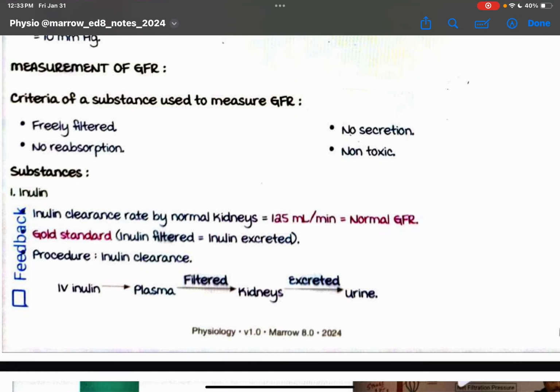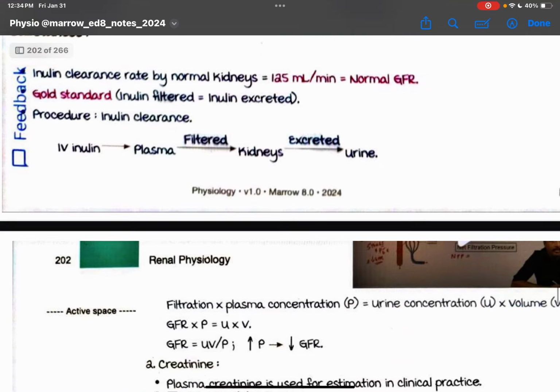Measurement of GFR. The criteria for a substance used to measure GFR are that it should be freely filtered, there should be no reabsorption, there should be no secretion, and it should be non-toxic. Substance: inulin. Inulin clearance rate by normal kidneys is 125 mL per minute, which is the normal GFR. Gold standard: inulin filtered is equal to inulin excreted. Procedure, inulin clearance: intravenous inulin,